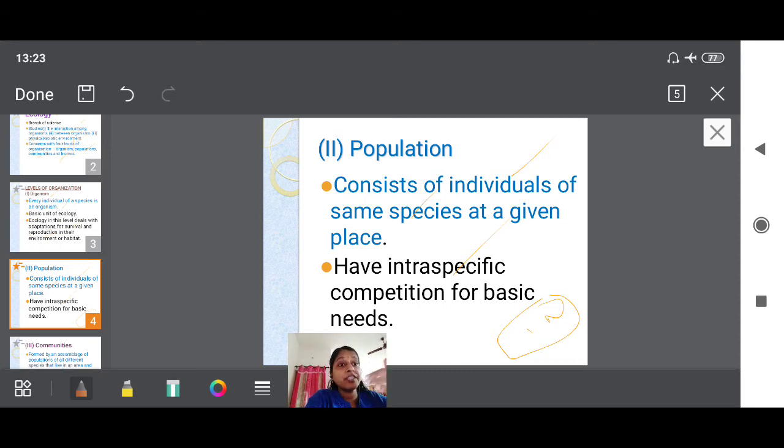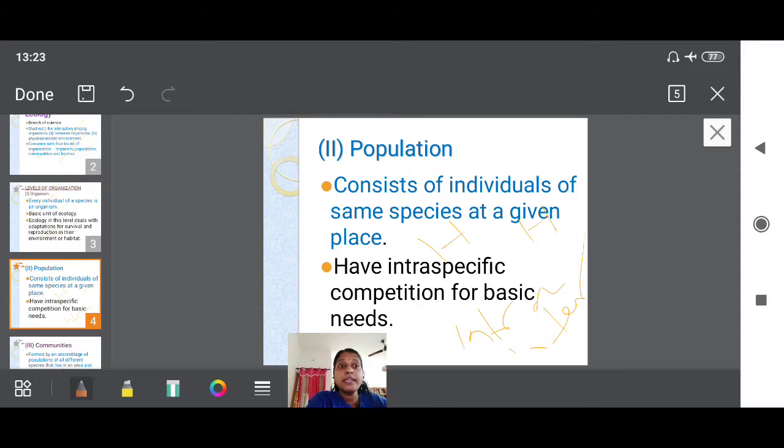Intra means what? Within. So at this point you have to learn two terms, okay? What are the two terms? The first term is intra and the other one is inter. You have to know the difference between these two, okay? Intra means within and inter means between, okay? So within means within the population, like the human population, one human is having competition with another human, then I call